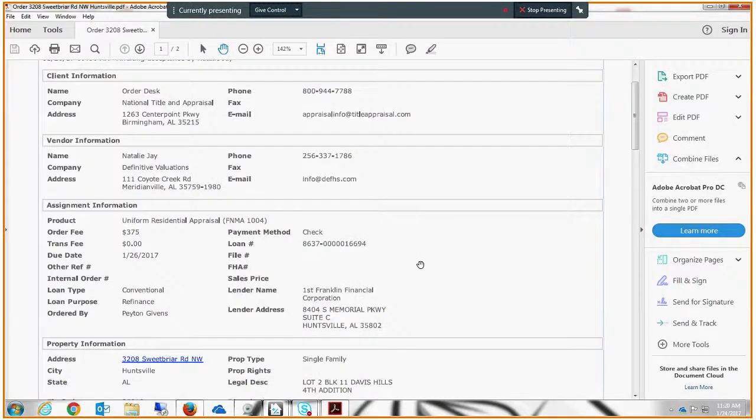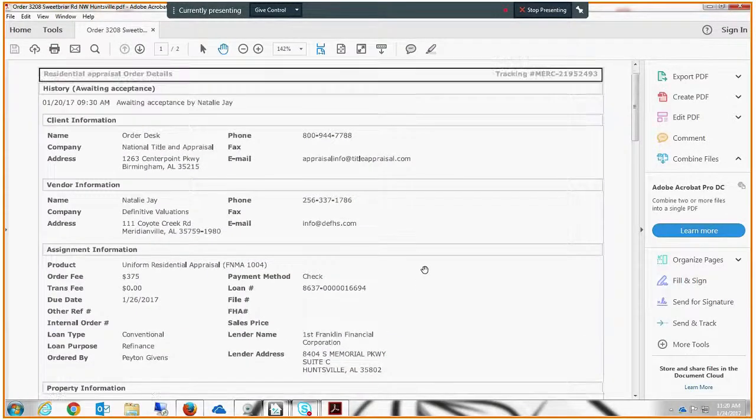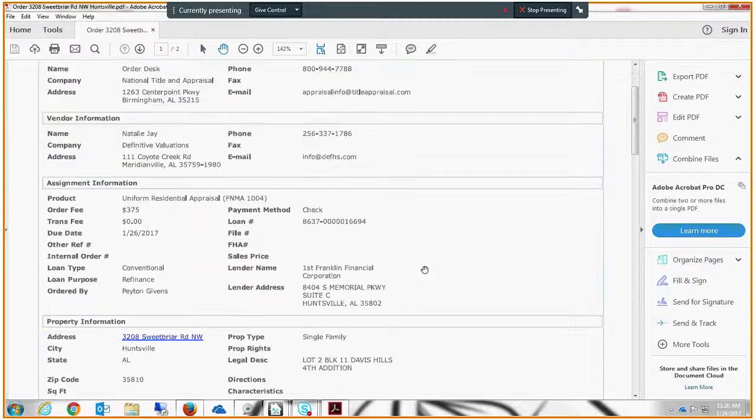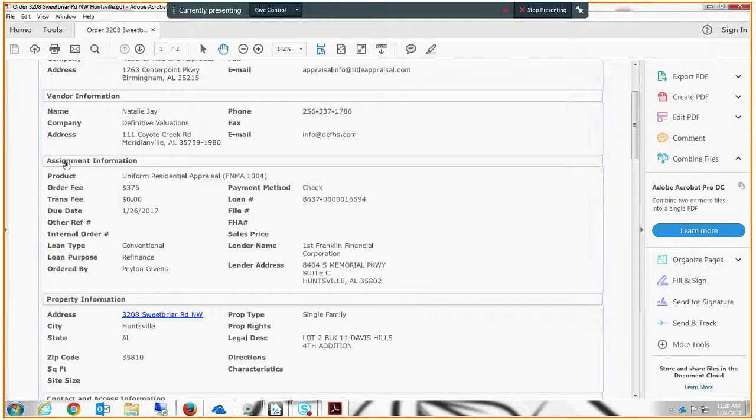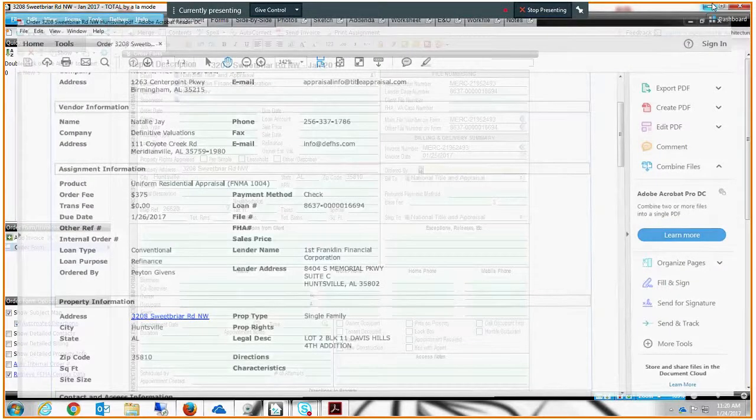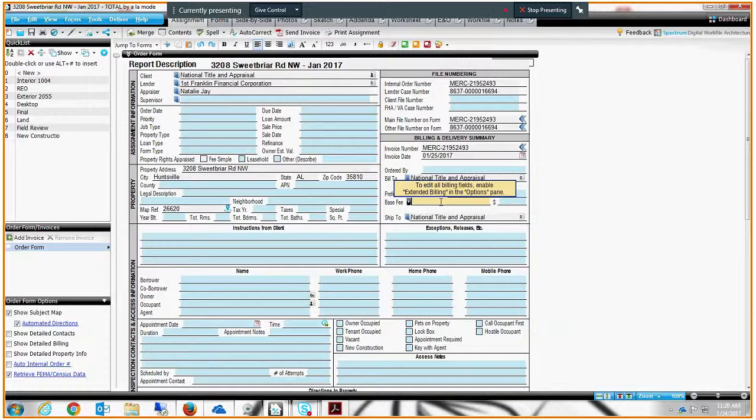For this particular order, they have ordered, again, this is coming from the assignment information section of this order form. The product that they've ordered is a Fannie Mae, FNMA is short for Fannie Mae, 1004. And then the order fee is $375. So we're going to take those 2 pieces of information and put them right here. So the base fee, we're going to put FNMA